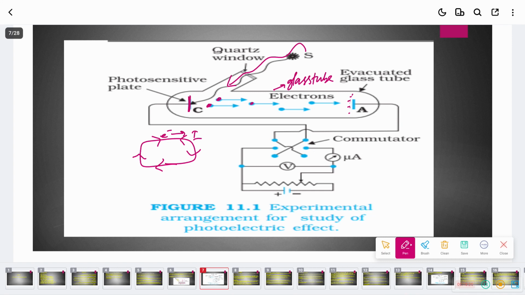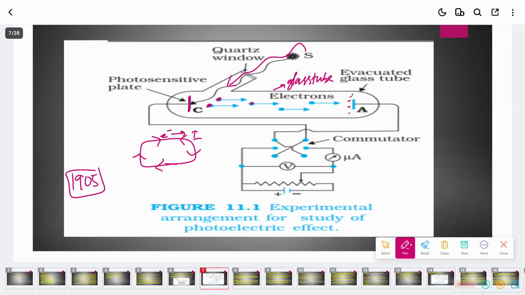They just told the experimental setup and experimental features. They were not able to explain it properly. But Einstein explained it properly, and due to this perfect explanation, in 1905 he got the Nobel Prize. What did he get the Nobel Prize for? For the photoelectric effect. Other people did not get it because they were not able to explain that light is a particle.